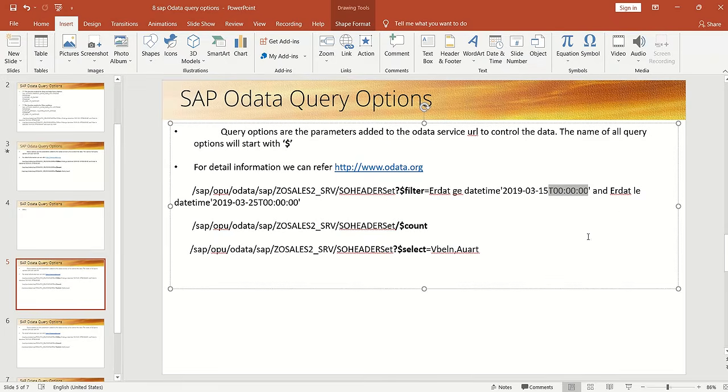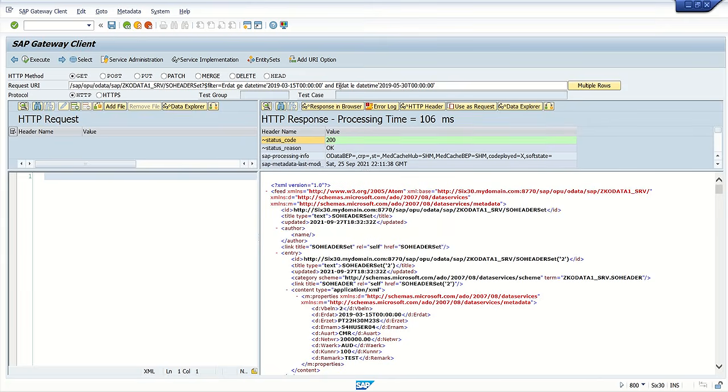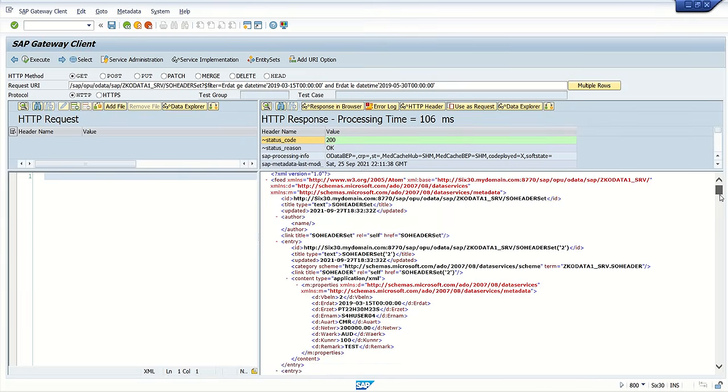Let me check my syntax. Oh, I forgot to add the date and also replace the hyphen with colon. Anyway, this is not going to work because I have not implemented a method yet, but without the method we're just checking how the system will behave. And here, let's say date less than equal to datetime as per this value. Execute this. Now, even if you pass the small date range, we can see the system has given the complete